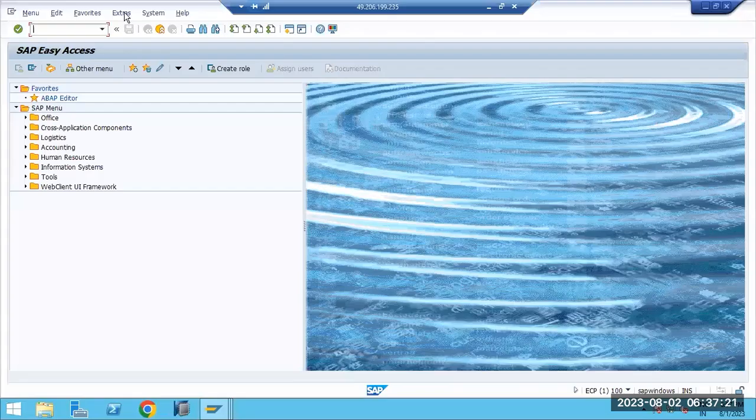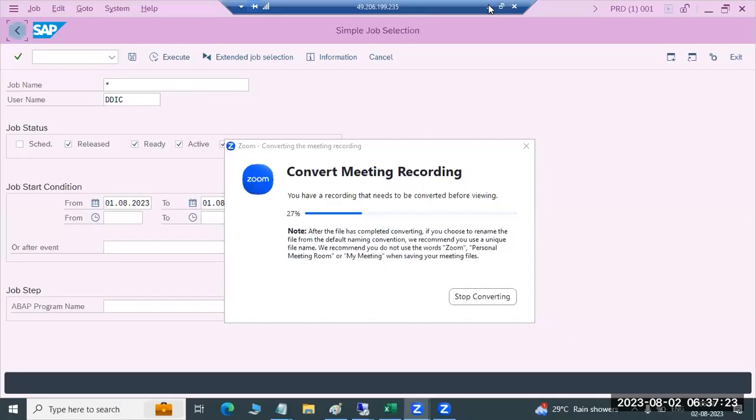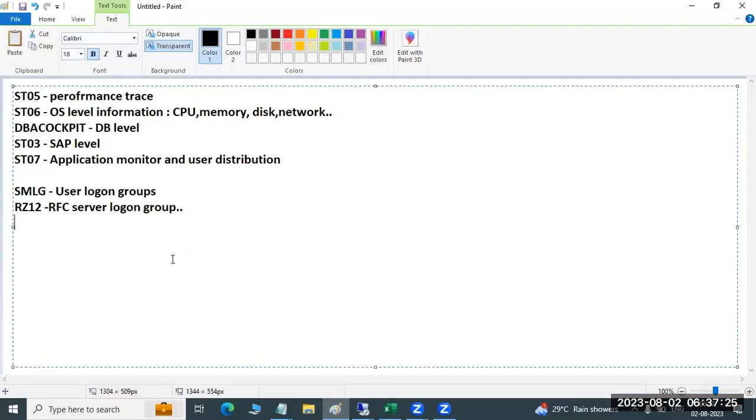Okay. Now, apart from that, we still have some other transaction codes. We'll revise all the transaction codes here. ST01, 02, 03, up to ST07 we completed. SMLG logon groups and RZ12 groups we completed. Then ST22, you know, right? And SM21 also, you know, right? And also